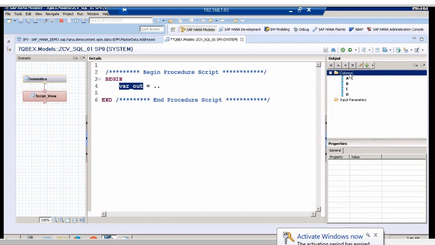The columns you declare in the columns folder of this output block, those columns will be used to declare the structure